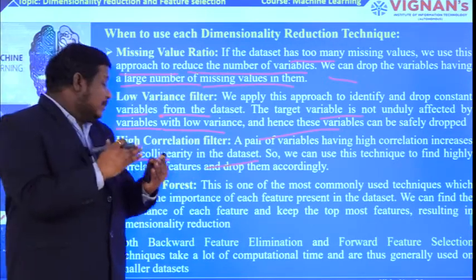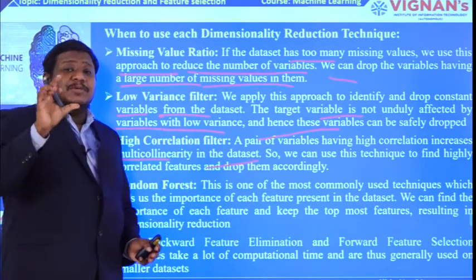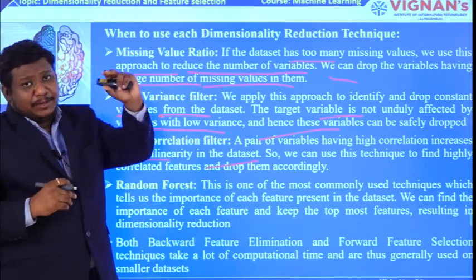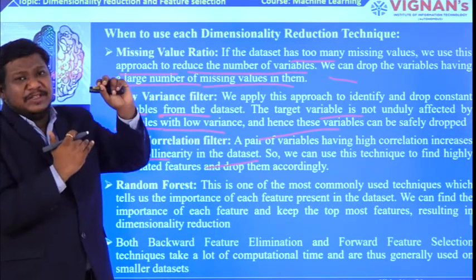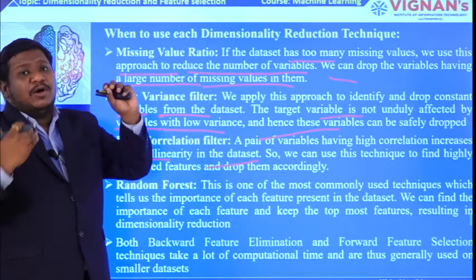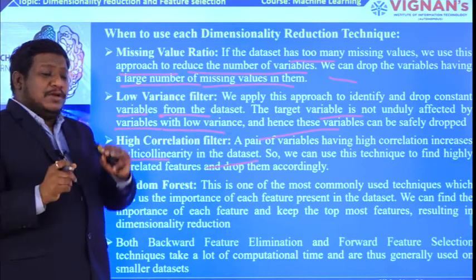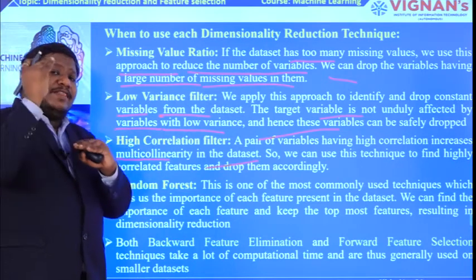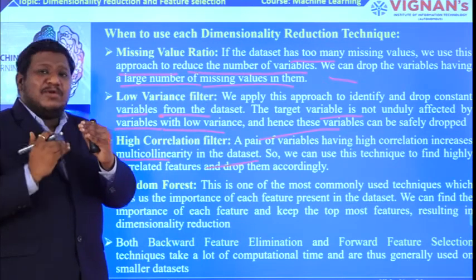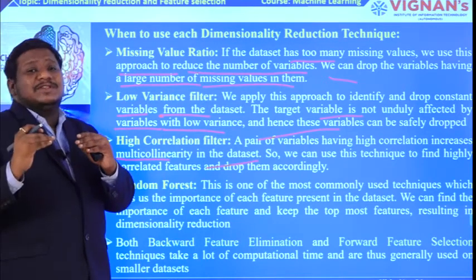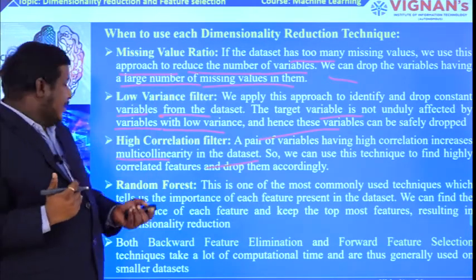That means you will use the importance of each variable in the data set. The variables having high importance will be kept in the data set, and the variables having less importance will be removed. So, how are you going to remove the variables having less importance? By keeping a threshold value. Variables having values higher than the threshold value, we will keep in the data set, and the variables having a lesser value below this threshold value, we will remove them. In that way, we are going to reduce the dimension of the data set.